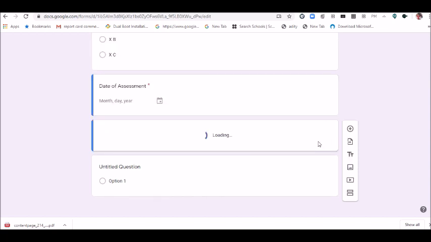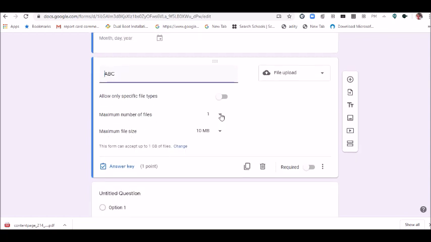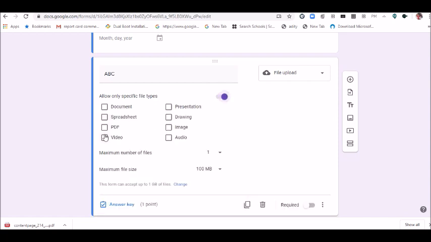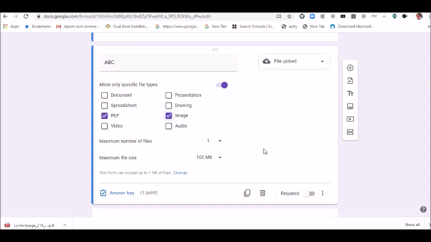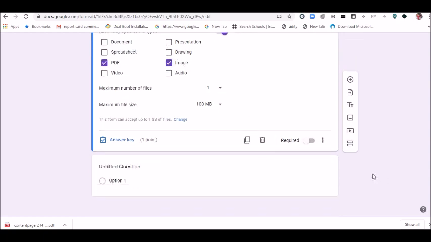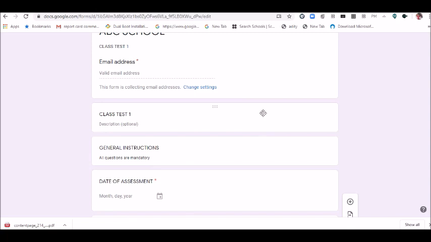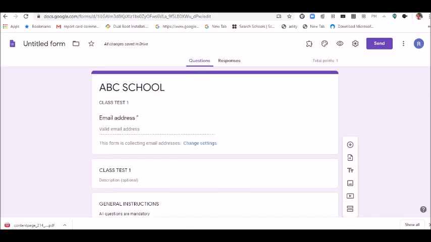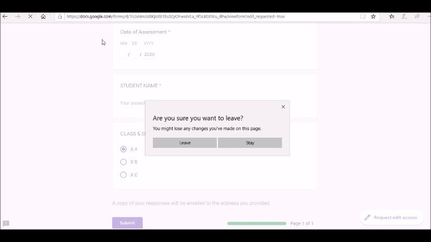So you will click on the continue button and you will specify the number of files. It can be 1, 5 or a maximum of 10 files, and you can specify the size. For example, I am specifying here. Now you want the student to upload only PDF and image, so you can also specify the type of file that will be uploaded by the student. So you click on the save button, because you know all the changes are automatically saved in the drive, so it is saved. Let's see once again by reloading this form.